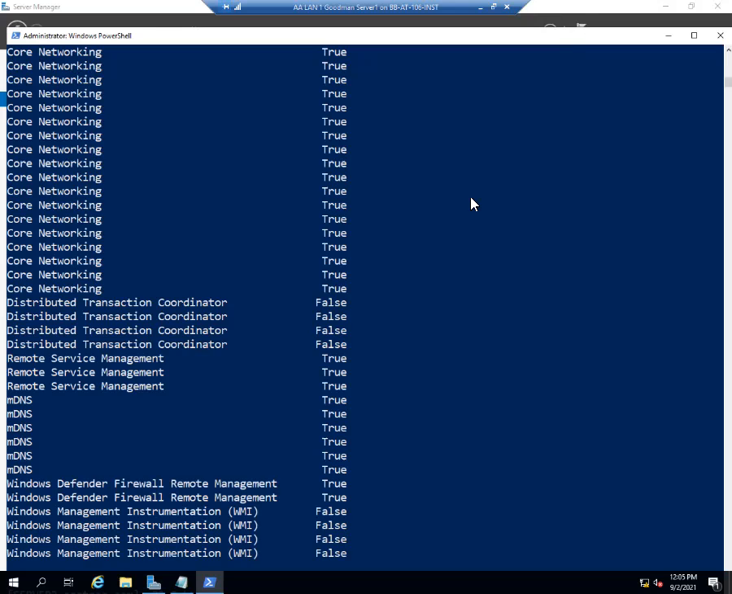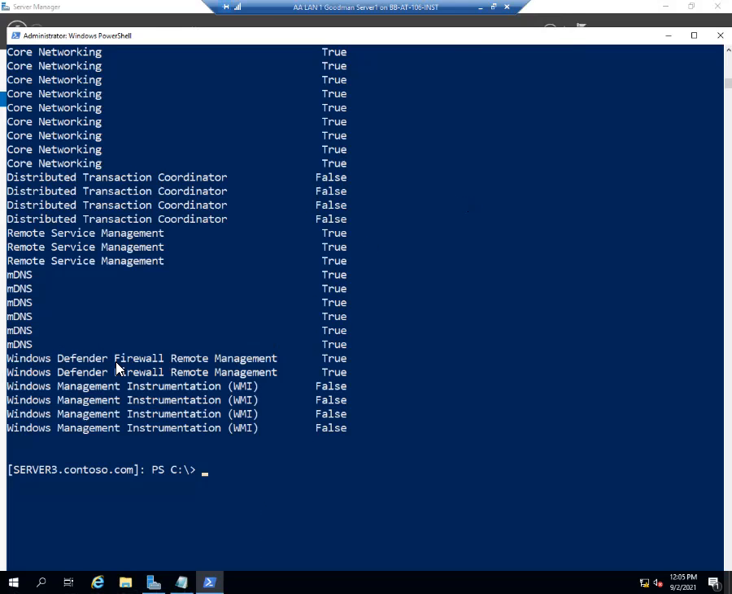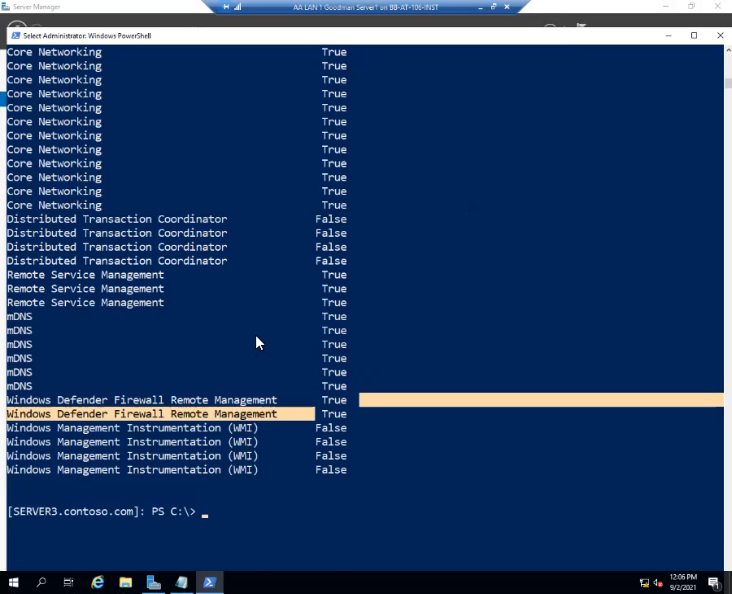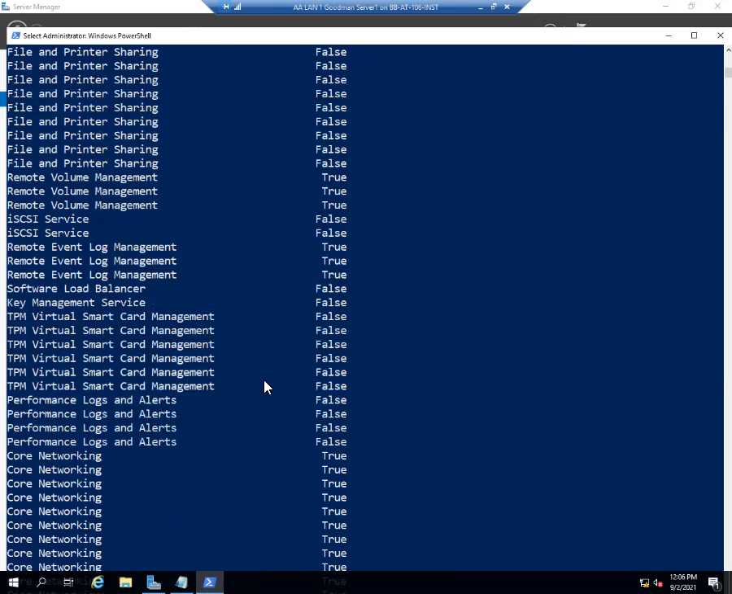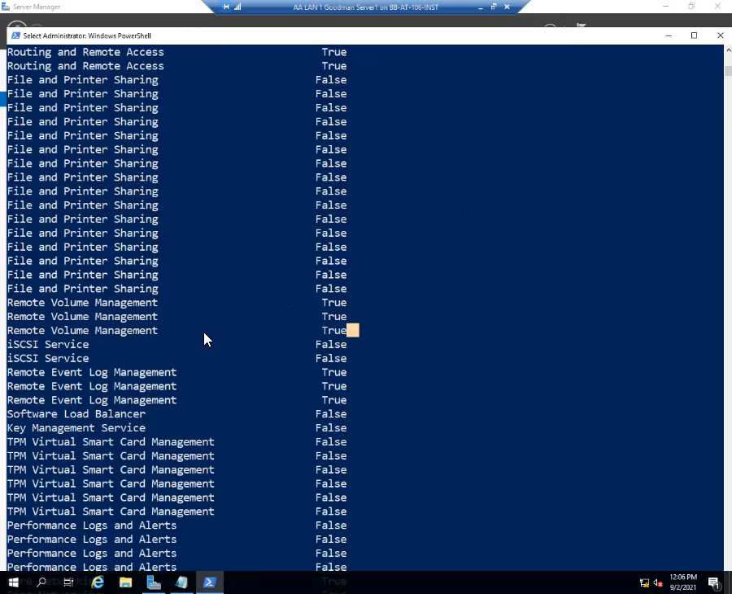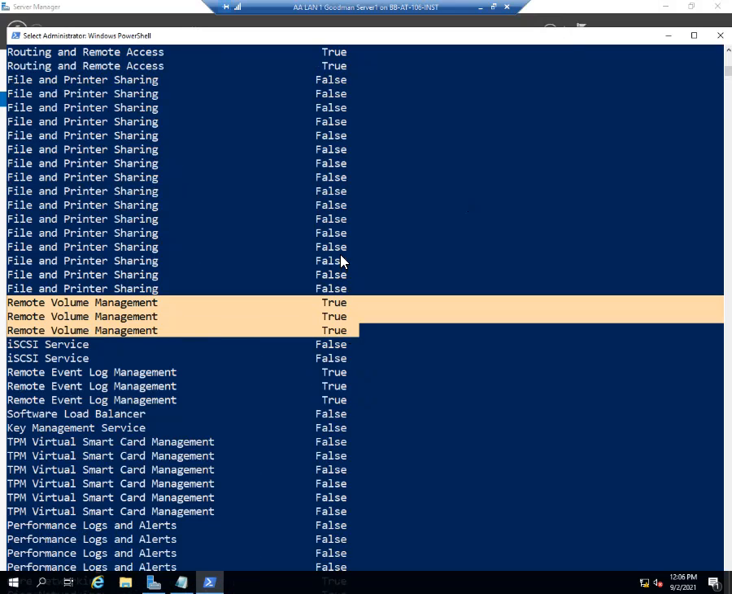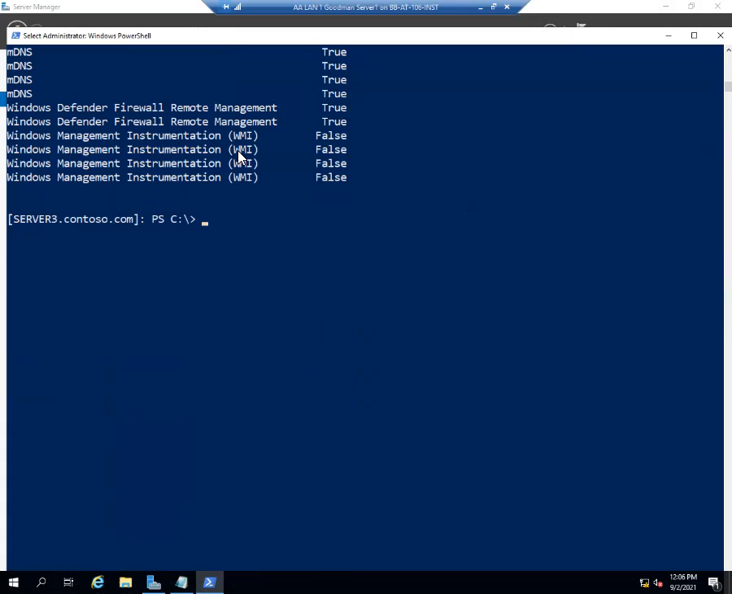So I got this right here had remote in it, so it's true. This had a remote in it, so it's true. Scrolling up, this remote volume management is true now. So doing pretty good. But one last thing